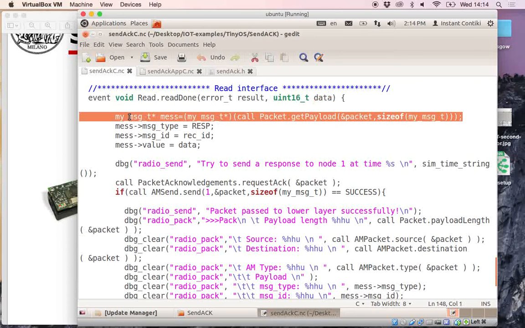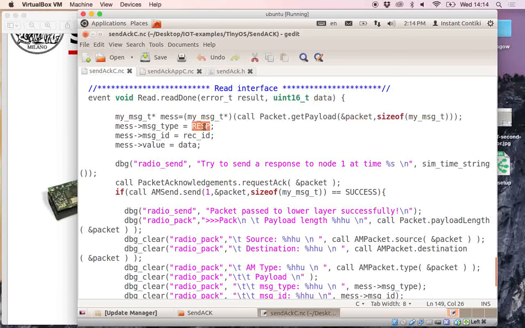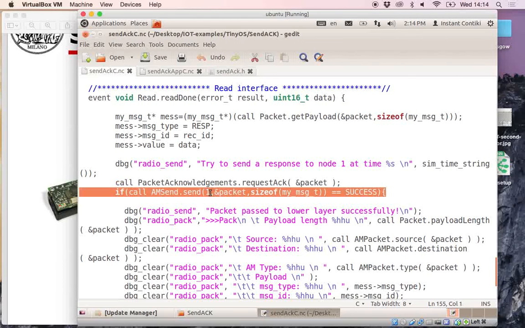So we will create a new message, which this time is a response message. Okay, and well, we will put the request ID as a message ID, so we will just use the same ID of the message before, and we will put the data that we have read from the sensor into the data field of my message. Okay, so we are filling the packet with the data that we have read. Now we call again this command telling that we want this response to be acknowledged, and then we transmit the message, this time to node 1. Okay,